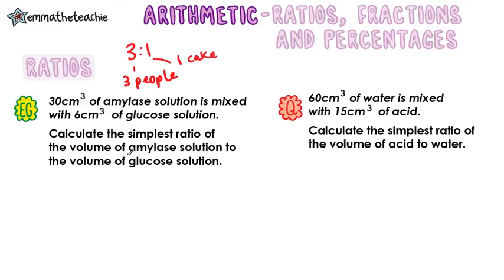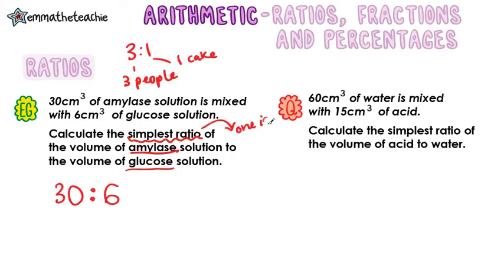Whatever they say first is what we're going to write first. So they say amylase first, which means we start with our amylase number, and that is 30. So it's going to be 30, and then our glucose number, which is 6, 30 to 6. Okay, but it wants a simplest ratio, and remember, when we say it's the simplest, that means one of the